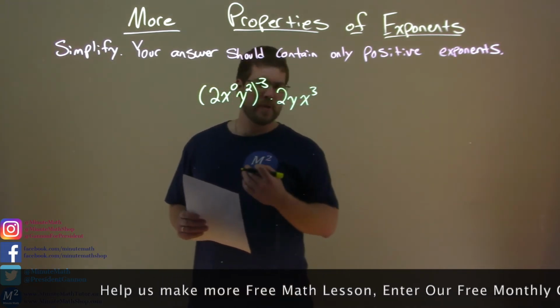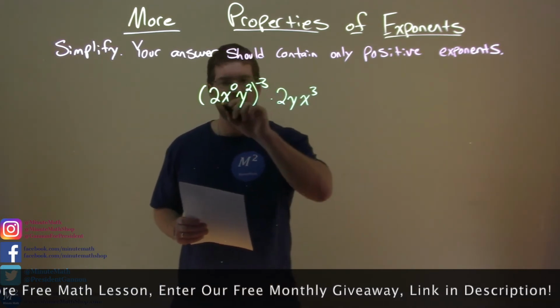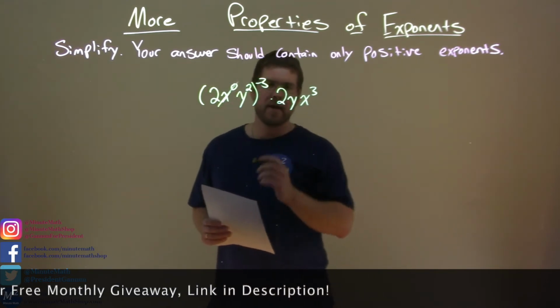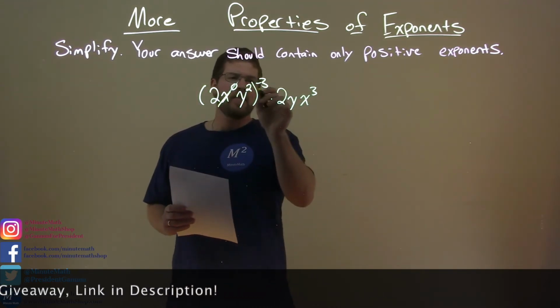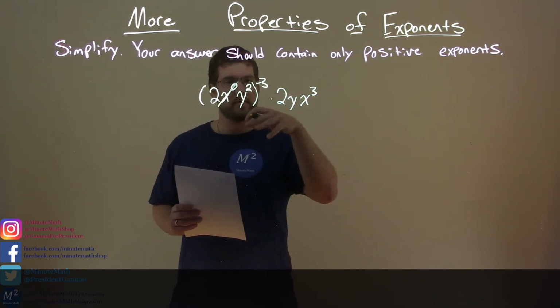What do we need to do from here? Well, x to the 0 power is just 1, so we don't really need that, okay? And we kind of cross it off. This is multiplied by 1. That kind of makes things a little easier here. This negative 3rd power means that we can put this whole thing in the denominator but raised to a positive